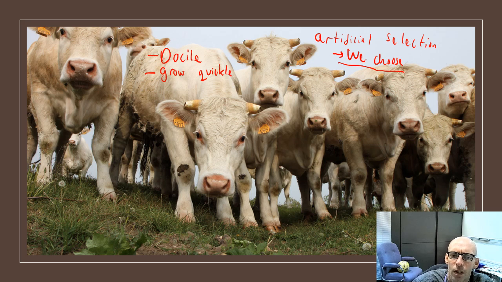We want cows that produce lots of milk. So which ones have we chosen to grow? If I wanted to make people taller, what would I do for the next 1,000 years? Well, what I'd do is I'd take tall people and I would let them breed with other tall people, and their children most likely would end up taller. And every single generation, if I did the same again and again, I only bred tall people, people would get taller and taller. And that's how we've made cows.